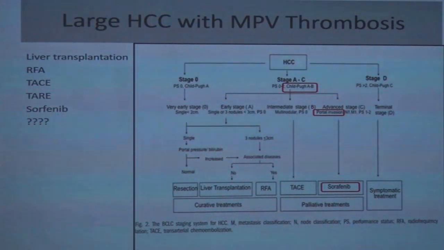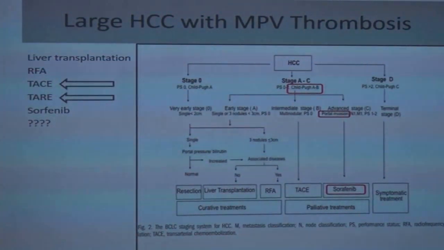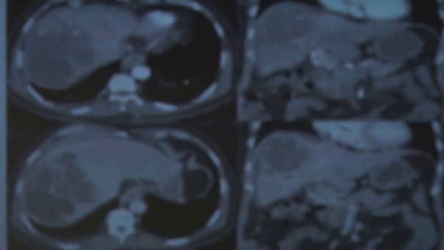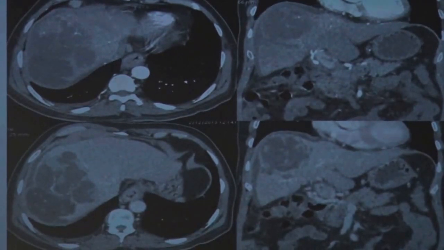Then the option is TARE, but the patient was financially not so strong and refused TARE. Then we had to decide on TACE. With this, we again did DEB-TACE, and this shows the super selective DEB-TACE for this patient. After that, the post-TACE triple phase CECT images suggest there is no typical arterial enhancement, even though there is necrosis in the tumor. This patient came to our clinic for at least 10 months, and there was no residual tumor or rise in the AFP.